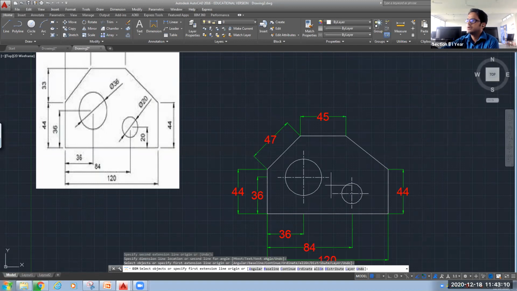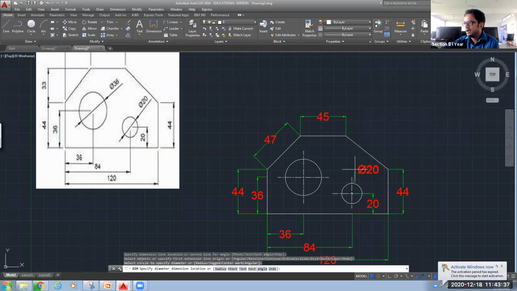your 44. Again you can see inside, this vertical distance of the circle center is 20. So you can click on the dimension and select the 2 points. This is the first point and this is the second point. You can bring it and check it there. Now we need to give the dimension of this circle.